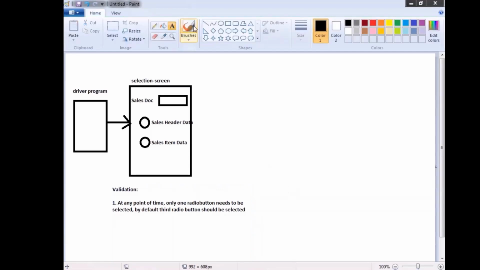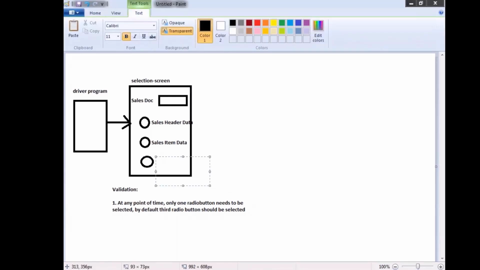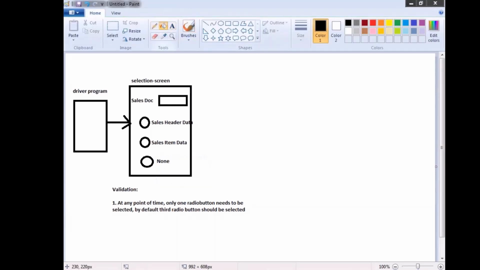By default the third radio button should be selected. So assume this is the third radio button and this is something like none. So the user needs to select the third radio button, something like this. By default the third one should be selected.